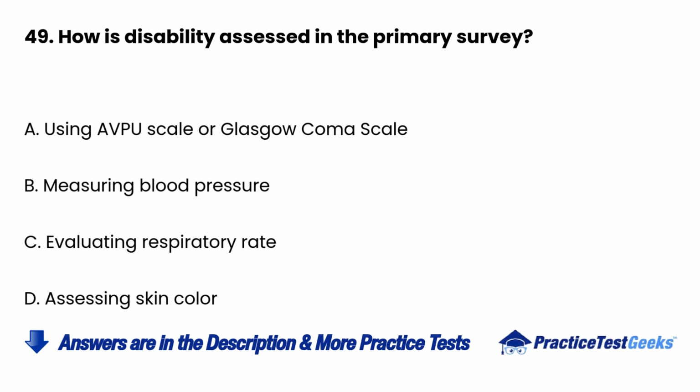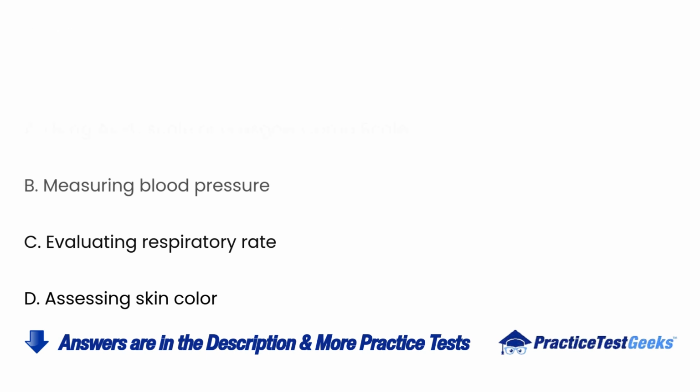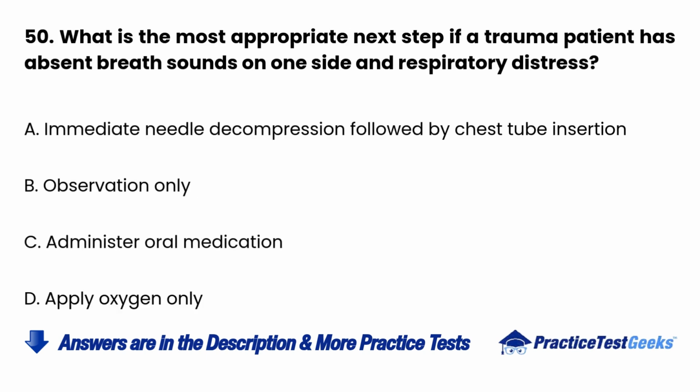A. Using AVPU scale or Glasgow Coma scale. B. Measuring blood pressure. C. Evaluating respiratory rate. D. Assessing skin color. 50. What is the most appropriate next step if a trauma patient has absent breath sounds on one side and